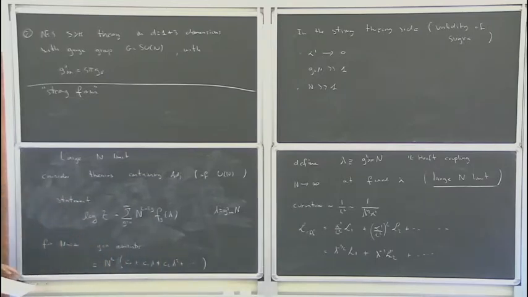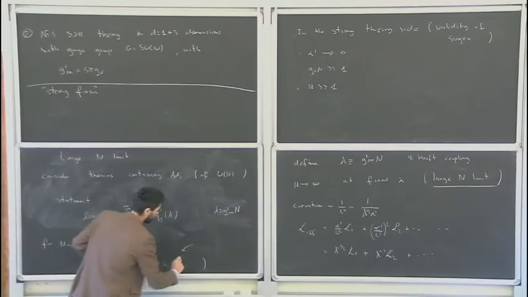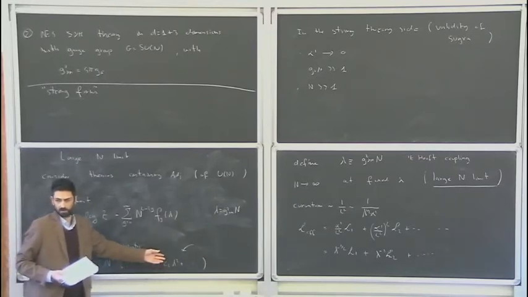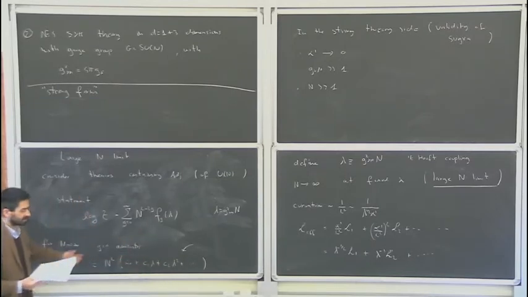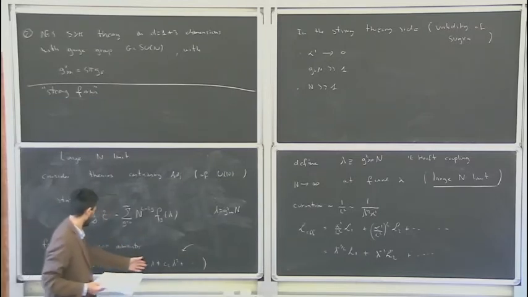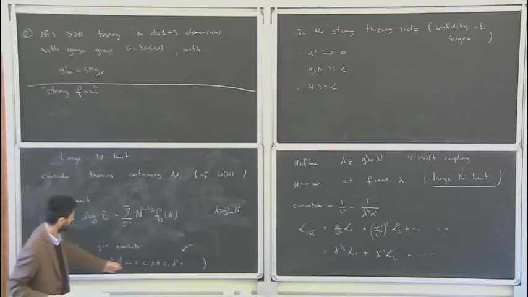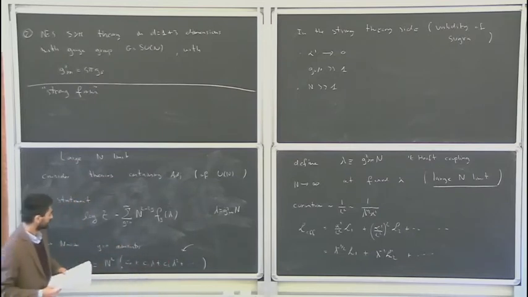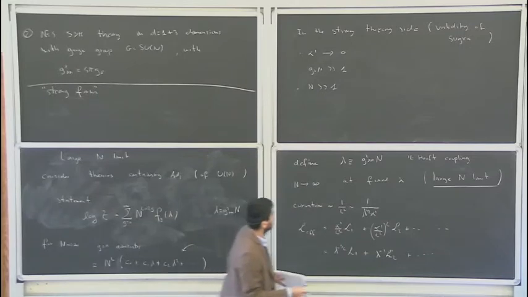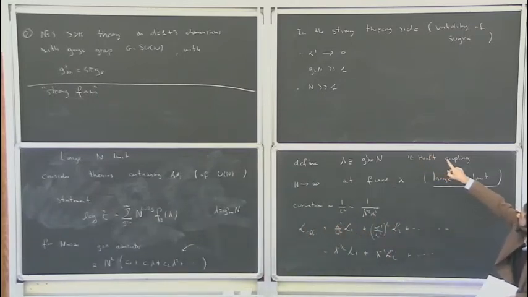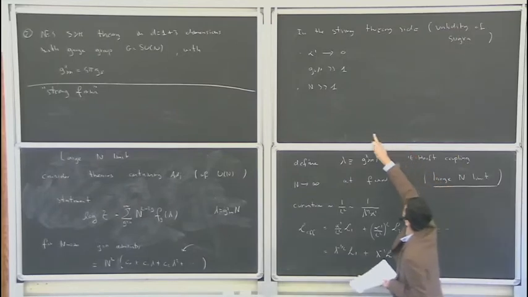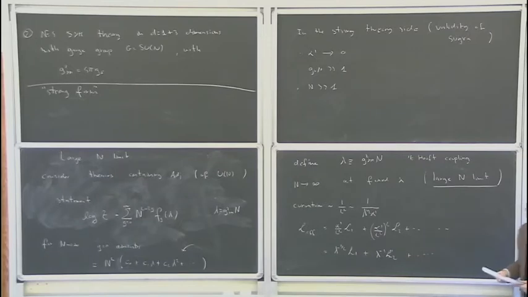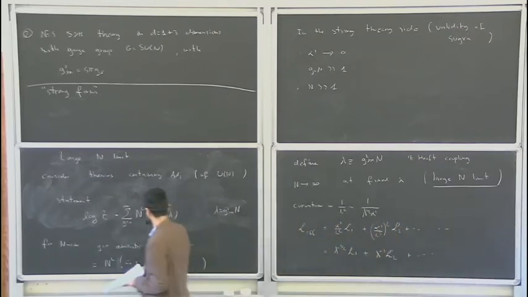Okay? But this expansion here actually makes sense only if you can take lambda small, right? So if you are in an arbitrary field theory and you want to play with that, you can consider the limit in which n is large and lambda is small, and therefore every observable that you have would be of this form. However, this is not the case here, right? Because we saw from there, that second line there means that lambda is very large. Okay, so we will not actually be able to do this kind of expansion,